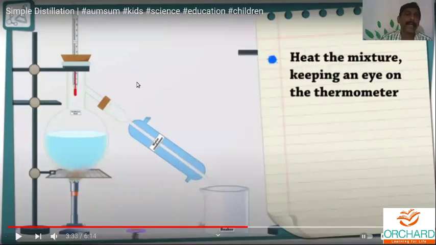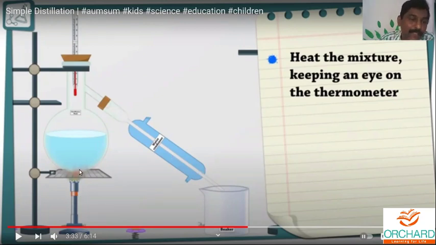See, so this is the apparatus or the setup for the simple distillation technique. You have a distillation flask. You have a thermometer inserted through a stopcock, and on the side you have a condenser. Condenser means there will be some water inlet. The water will be coming inside and it will be going outside. There is no contact between the glass tube, that white tube, and this blue color condenser. The water which is circulated through this condenser is cooling the vapors coming out of the glass pipe. Once it is cooled, it is collected in the beaker here.